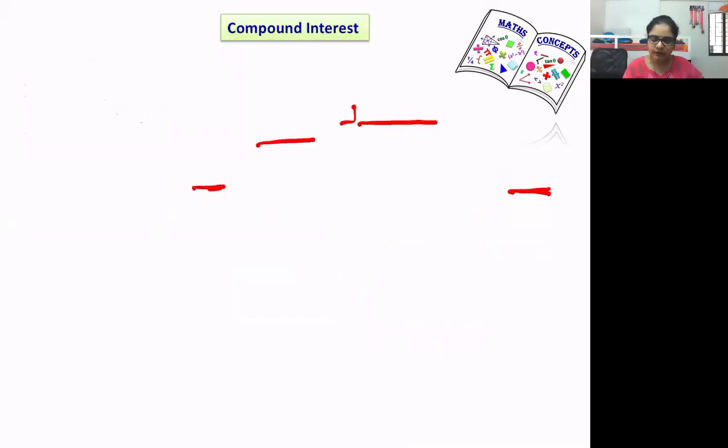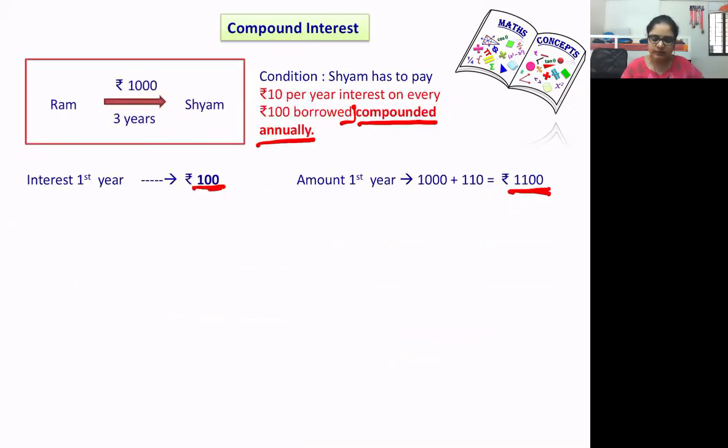But when he says that I want interest compounded annually, what he means is, okay Sham, I'm giving you this money for 3 years. I'm not giving it to you for 1 year or 2 years, right? So after 1 year, my money should have become 1100. If you had given me 1100 back in the first year itself, I would have given this 1100 as a loan to someone else.